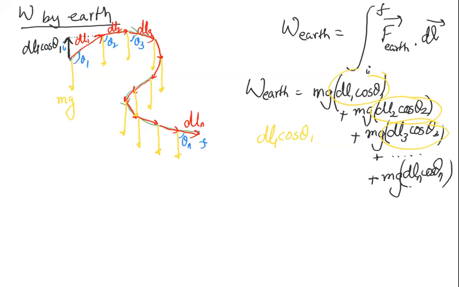ये dl2 cosine theta 2 कहाँ आएगा? ये theta 2 अभी भी obtuse angle है, ये acute नहीं है, ये 90 डिग्री से बड़ा है, इसका मतलब cosine theta 2 तो negative आने वाला है, तो ये dl2 cosine theta 2 भी यहाँ पे अगर मैं ऐसे सीधी लाइन बनाऊँगा तो टेढ़ी मेढ़ी हो गई, I am sorry about that, dl2 cosine theta 2 जो आएगा वो यहाँ आएगा ऐसे।